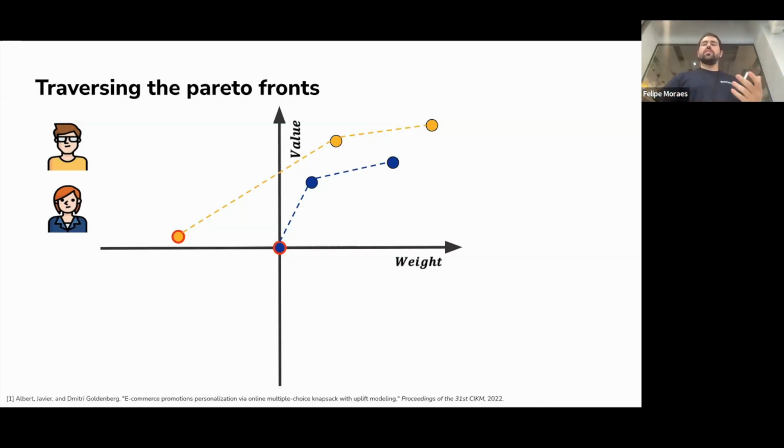What I would do is focus on giving it first to Amy, because she is the most marginally efficient. She has the biggest gain, the biggest value per weight slope. So I would progress with Amy with the budget. If I increase my budget a little bit more, I would go with Bob because he has, again, the best marginal efficiency there. And again I go for Amy, and then I go for Bob. This is how you would progress in your budget.